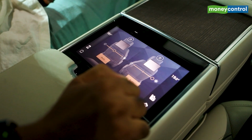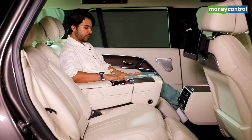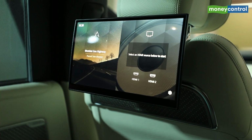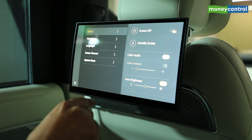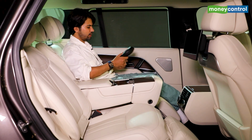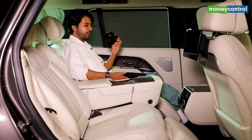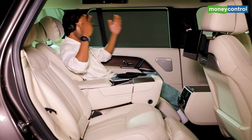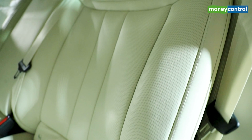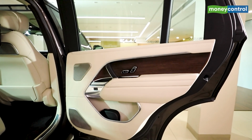There's another nifty little feature, the rear screens. Now you can obviously operate it all the way there, but you can just press this button and boom, there's 2 HDMI ports, so you can connect an Alexa or whatever, start streaming stuff onto that. And should you want a little better audio, this is another Range Rover first. It comes with Land Rover branded headphones. Plop those on and you're good to go. This is a more traditional form of luxury, and a 32 speaker surround sound system in case the headphones don't